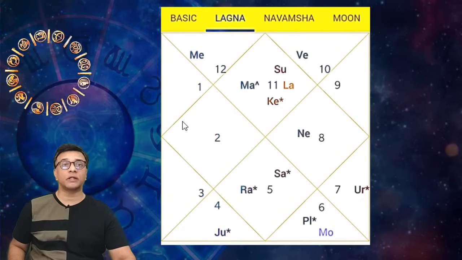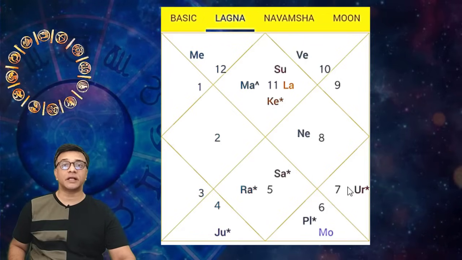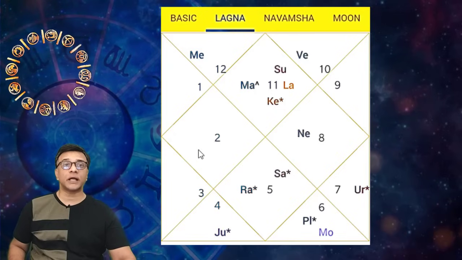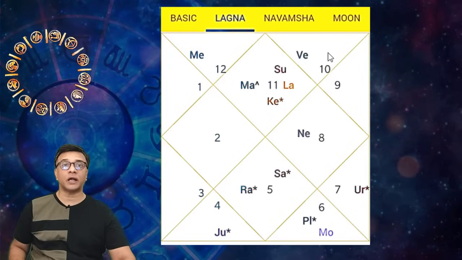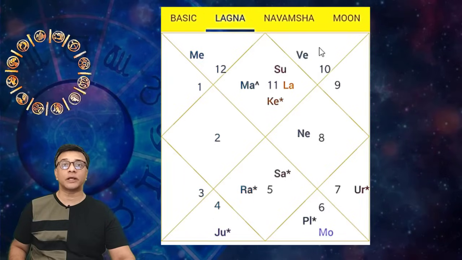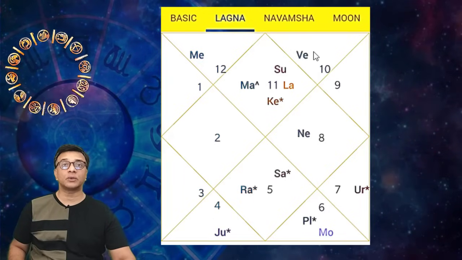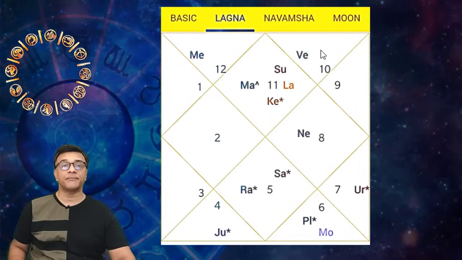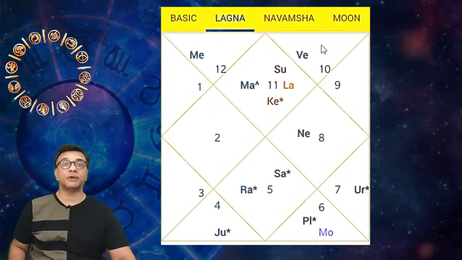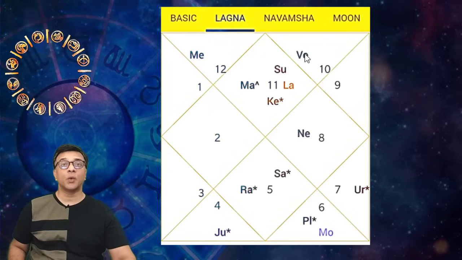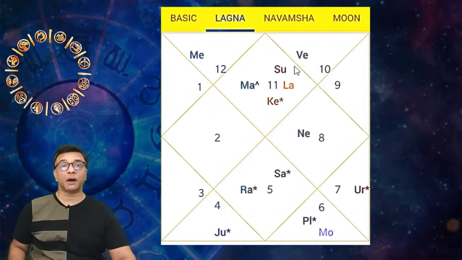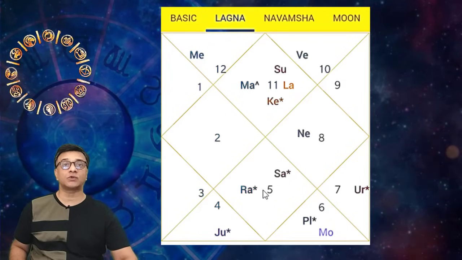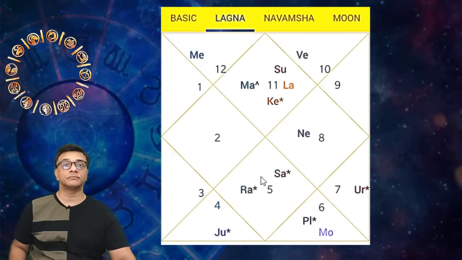His Venus is both the 4th lord as well as the 9th lord and placed with the 12th house. So this can show that he gets educated in a foreign land, because the 4th lord has gone into the 12th house, the 9th lord has gone into the 12th house. So his education probably was in a foreign land, and where he also found his Venus, he also found his would-be spouse. Why spouse? Because the 12th lord Saturn is placed in the 7th house and with Rahu.